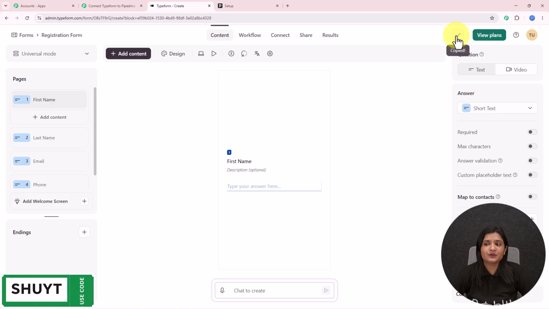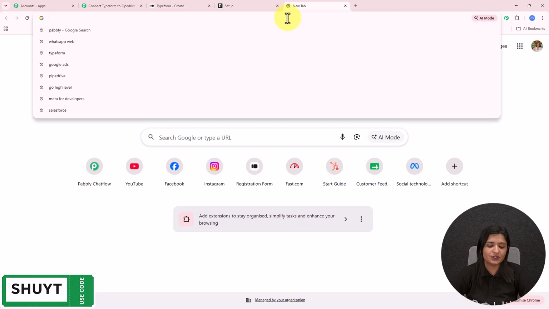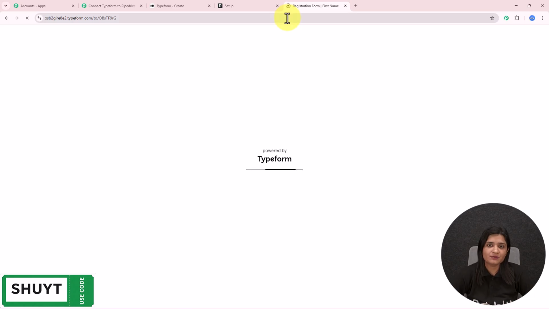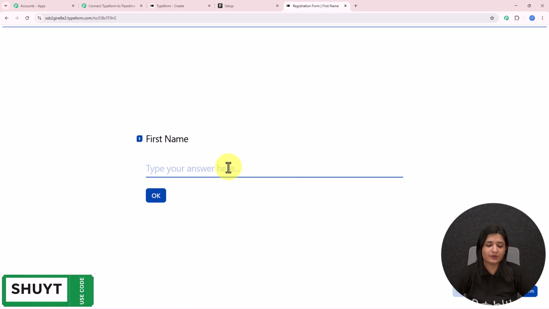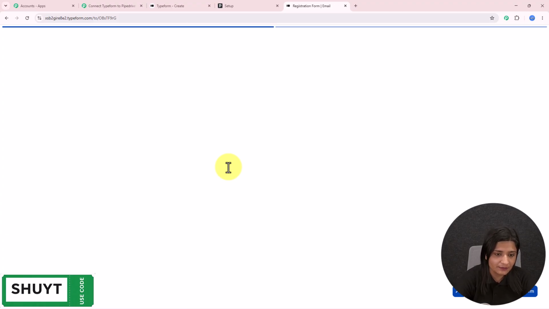So for that, I'm going to copy the link of this form and paste it in a new tab. I'm going to do some dummy form submission, and all the details should be captured here in this workflow. So here I'm going to enter some details, like I'm going to enter my first name as demo, the last name as lead, then I'm going to enter my email address as